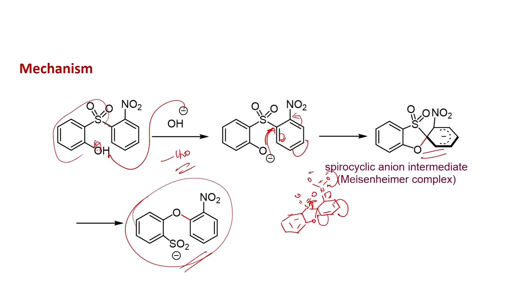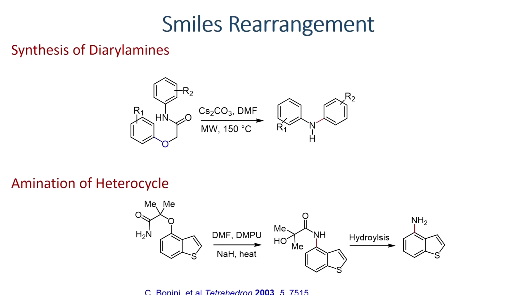Here, as you can see, the spirocyclic anion is an intermediate in this reaction. Once you form this one, now it can leave. This is a good leaving group compared to this oxygen, therefore you will be able to get this substitution compound. Some more examples are shown for the Smiles rearrangement. Let us look at this